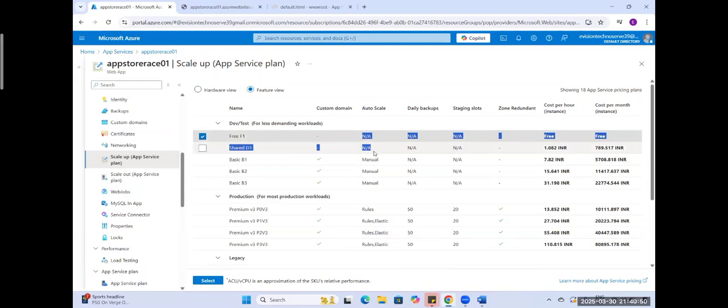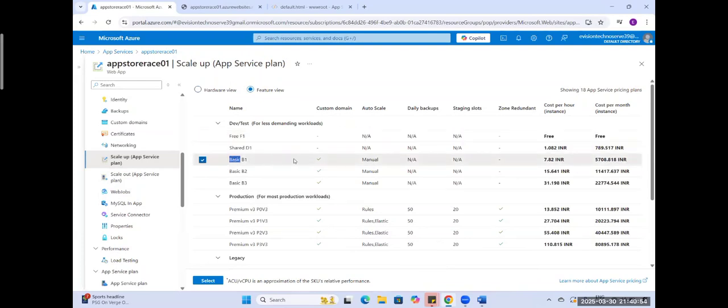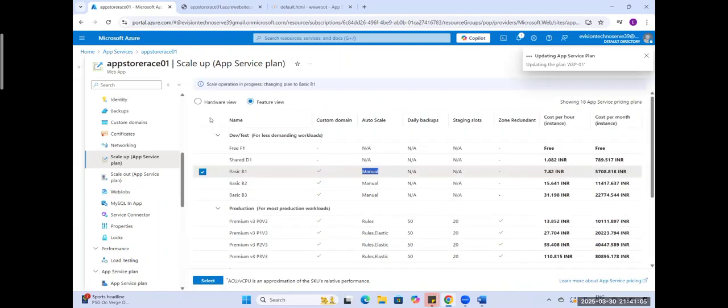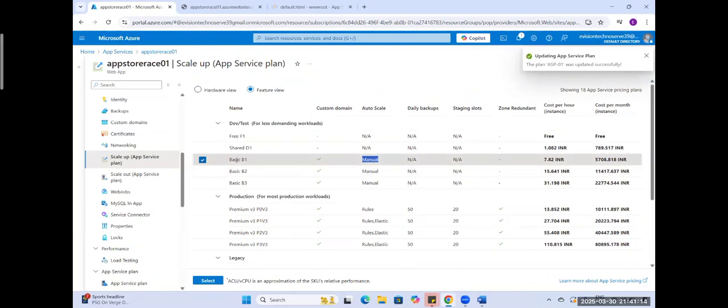The scaling feature is not available with free and shared. It is only available starting from the basic. So in the basic, I will get the manual scaling feature. So let's upgrade to the basic first. If you click on basic, then select upgrade. So now the plan has been changed to the basic option. Now if you go to the scale out,